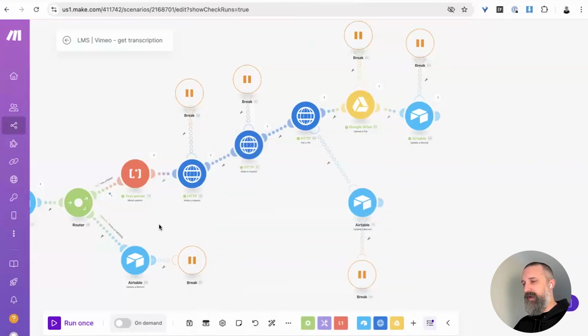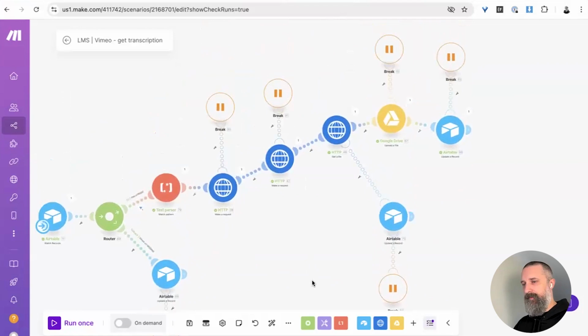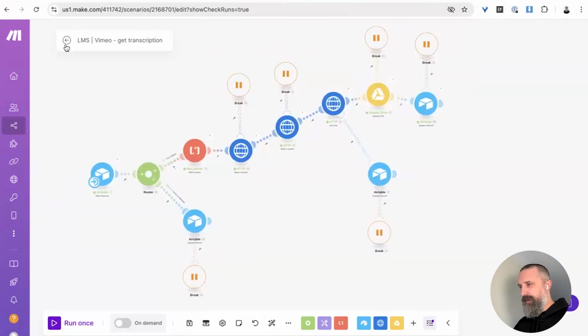But we don't need to put a break module on the text parser because the text parser is not calling out to an API. It's not relying on an external API functioning properly and sending data back. So we only need to put these break modules onto the API calls or interacting with an outside app or a third-party app. So if we go back a step here,